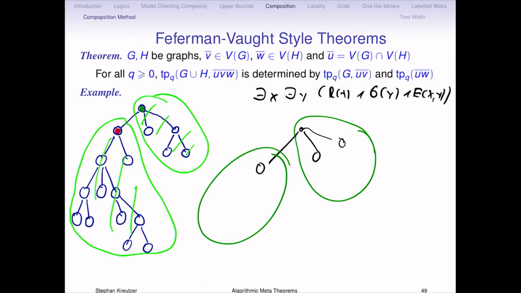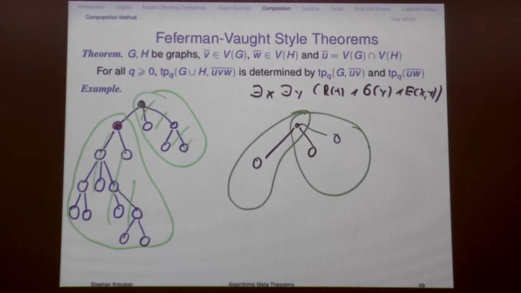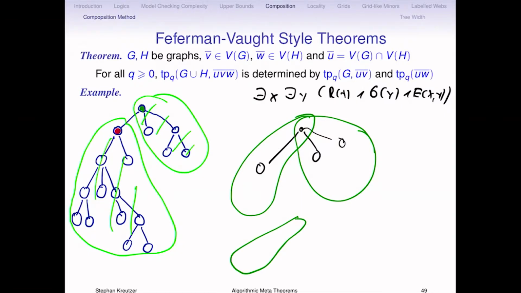I understand what you're telling me. I don't see why the theorem... No, I'll tell you now. There is no way to decompose this connected graph as G union H. No, let's say you decompose it like this: this subgraph and this subgraph, but you don't take any free variable. You drop the U, which is, I think, what you're saying. Well, why do you need this? But then, of course, you don't know that this is the same vertex in the left-hand side as in the right-hand side, because all you would be seeing in the sub-solutions is this. There's this thing here, and then there's this little blob.